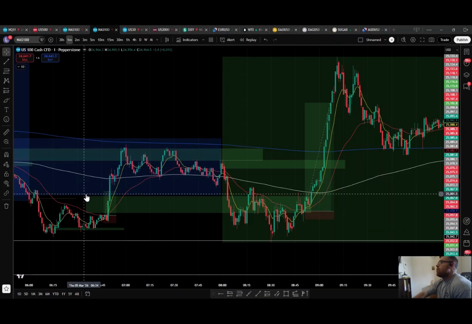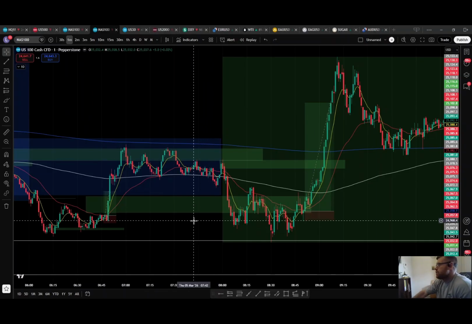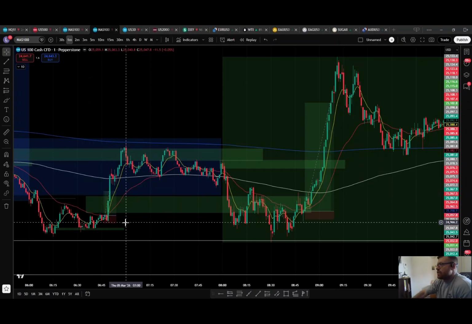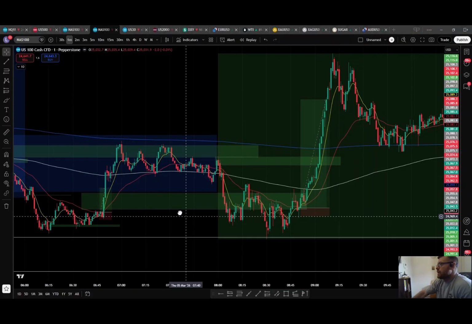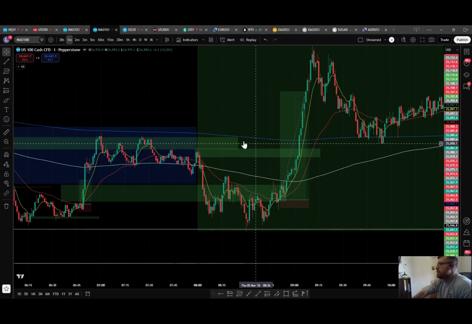So I'm just going to talk through my trade of the week. So this was Thursday. Pre-market trade was nice and quick. Good 3 hour there, in and out. So then we get to the London Open, which this little box here is the